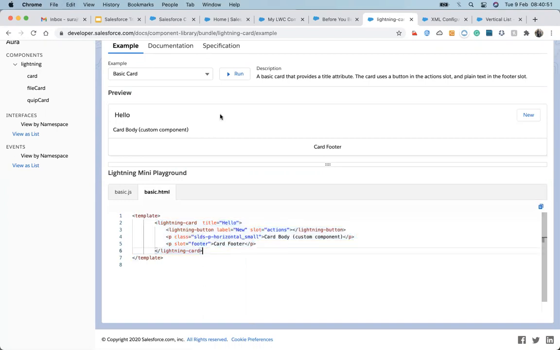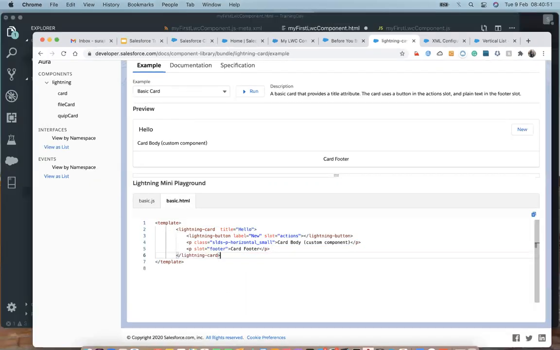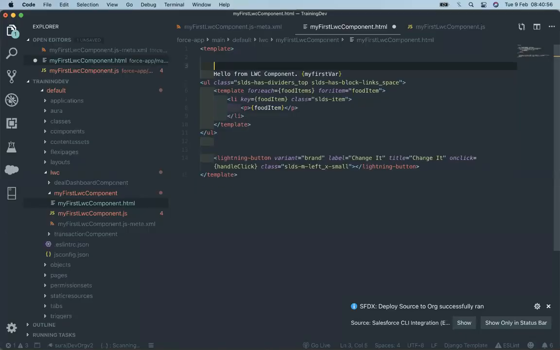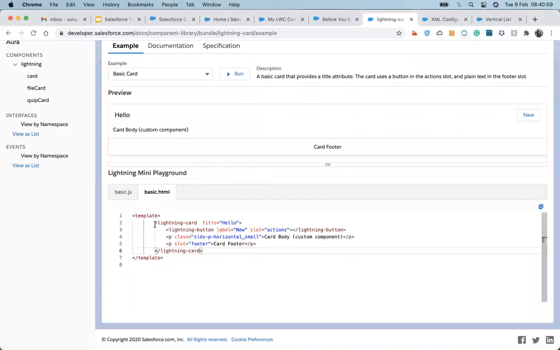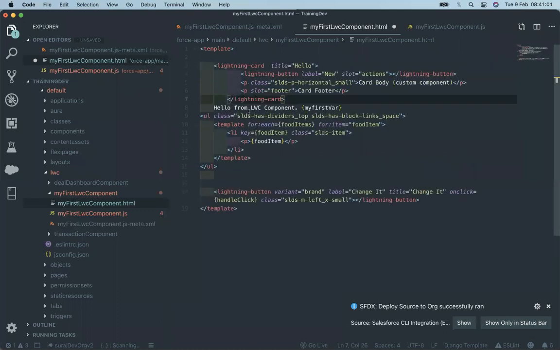Just copy this and paste it up here. Now make changes.